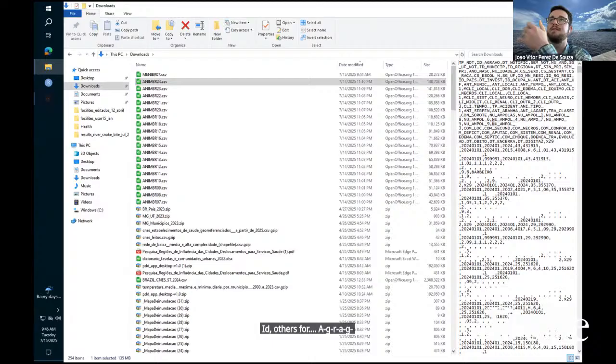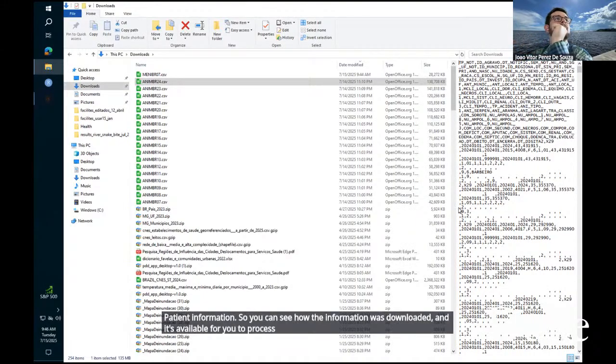All of these are variables within the data set, and all of these data points are the actual patient information. You can see how the information was downloaded, and it's available for you to process and to analyze.